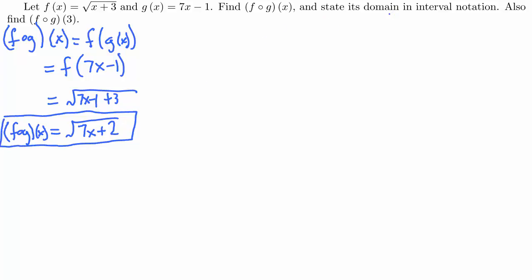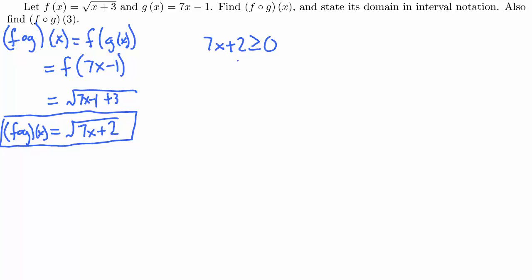Okay, I want to find the domain now. To do that, I need the domain of this right here. So I'm effectively starting with the answer here and asking what limits the domain from what you're seeing right here. Well, because I have a radical, that's limiting the domain. And so that means that 7x plus 2 must be greater than or equal to 0 because it's an even radical. So that means that whatever's underneath has to be greater than or equal to 0,